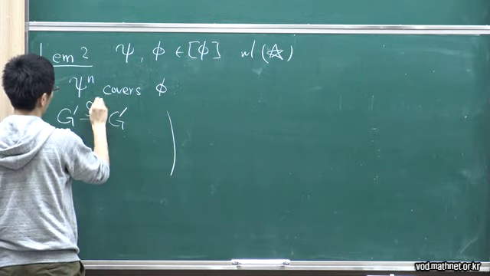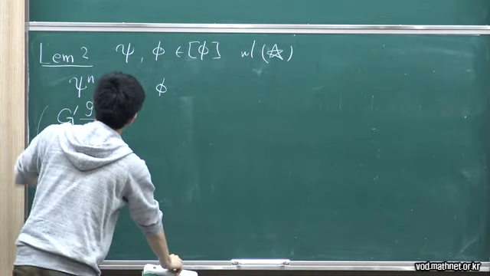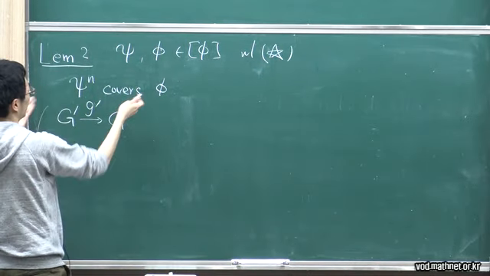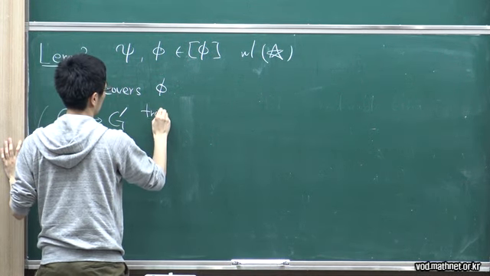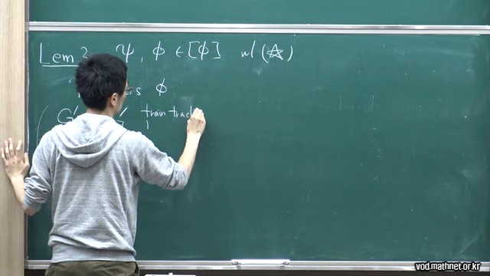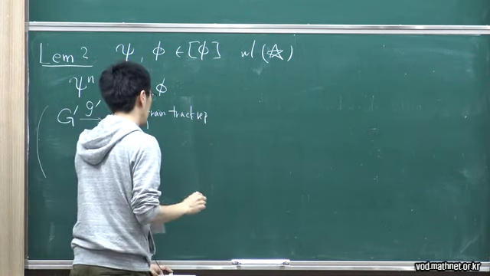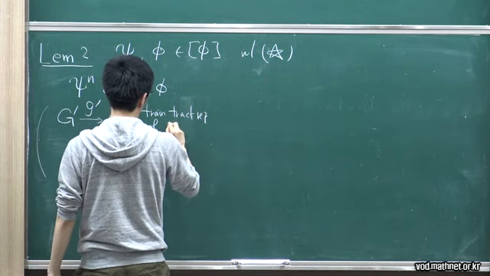So here G prime, sorry, this is not in the statement, but if this situation happens, then this is a train track representative of psi to the n,